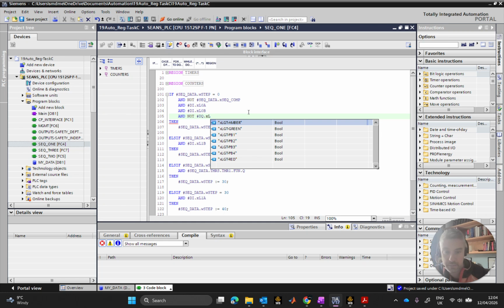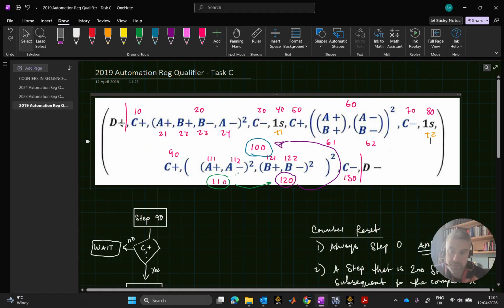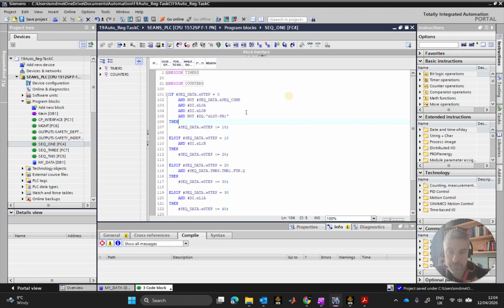XL, it's a light that I'm looking at. That's the PV1 light we were saying. Right? It's the PV1 light because don't forget D plus was the PV2 light. C plus was the PV1 light. And not that, then I'm into sequence step 10. Now if I'm equal to sequence step 10 and the light has come on,